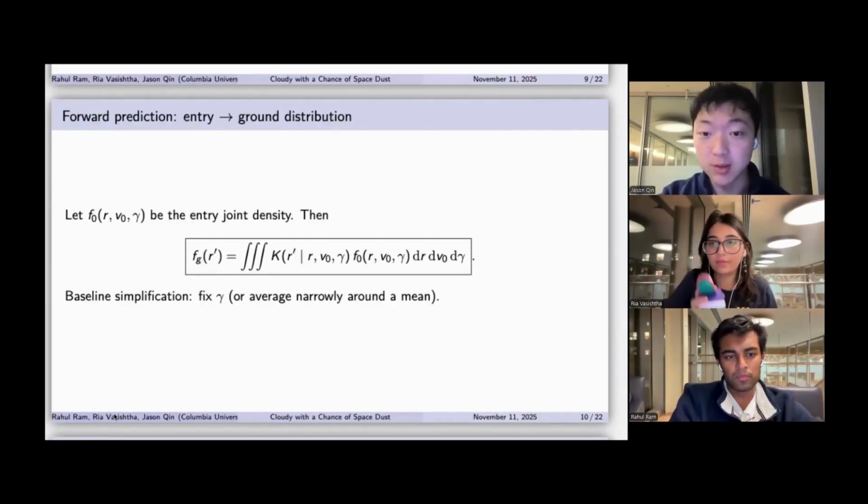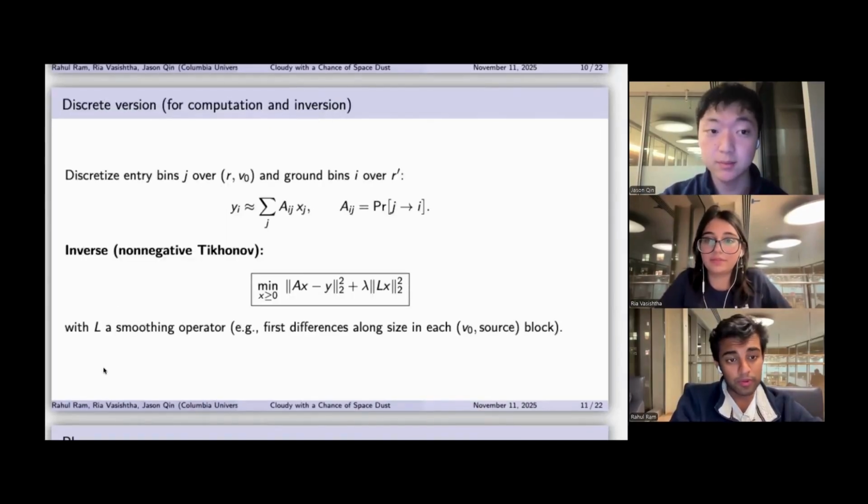That triple integral literally folds the entry data through the atmosphere's filter. To make life easier, we fix gamma or average narrowly around its mean so we can focus on the size and speed dimension. To compute this numerically, we discretize. Each entry bin J maps to a ground bin I with probability AI there. Then Y is approximately AX, where Y is what we observe on the ground, and X is the unknown entry